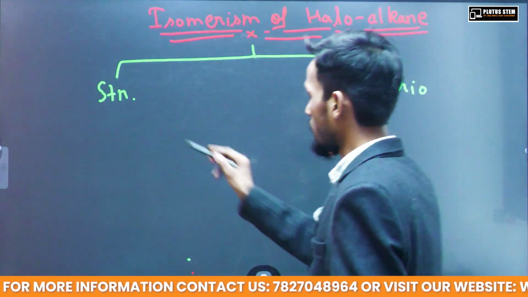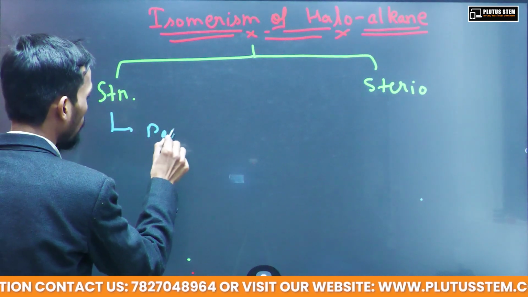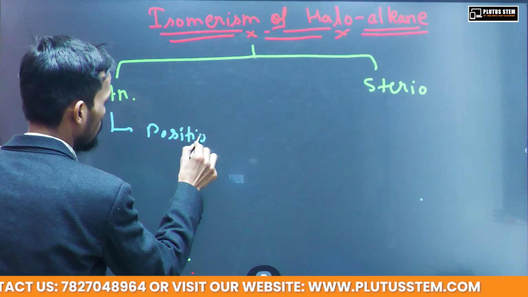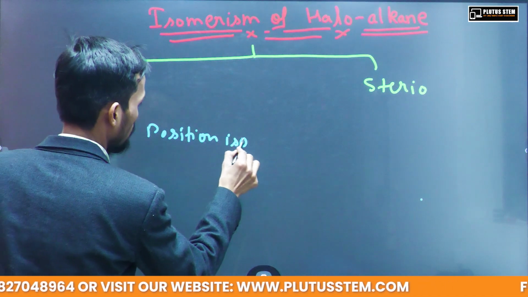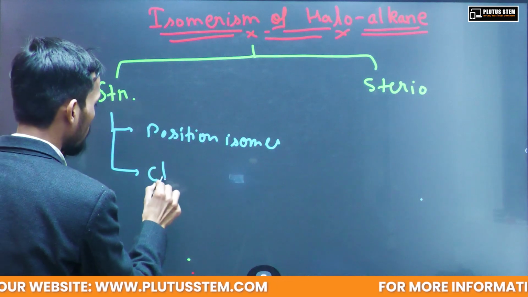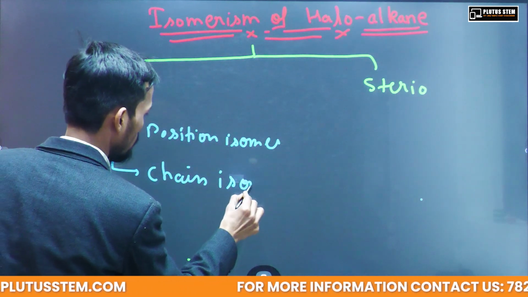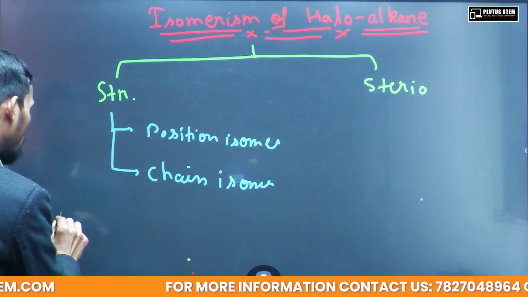In structural isomerism, we will see position isomers. We will see chain isomers. We will not see metamers,